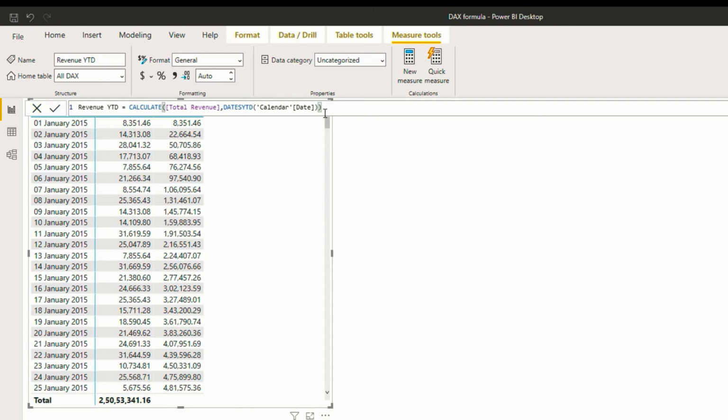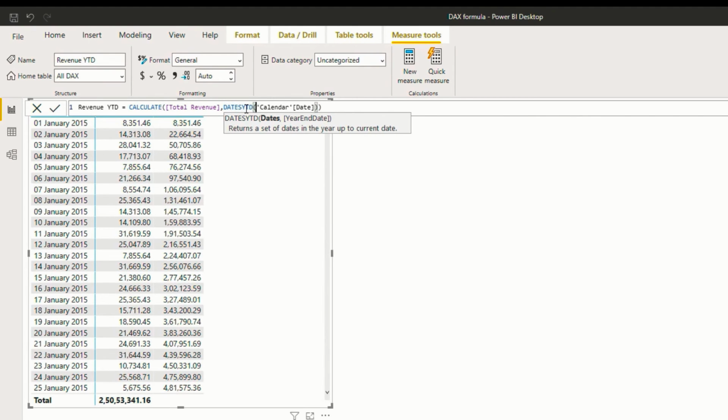Now similarly, MTD or month to date calculation returns a table after performing calculation from the start of the month to the last date of that month, and then starts fresh from the next month. So let us tweak this YTD calculation a little bit and see how an MTD works.